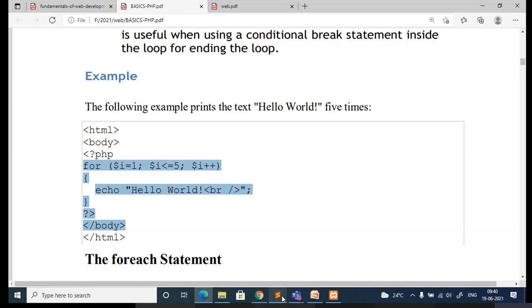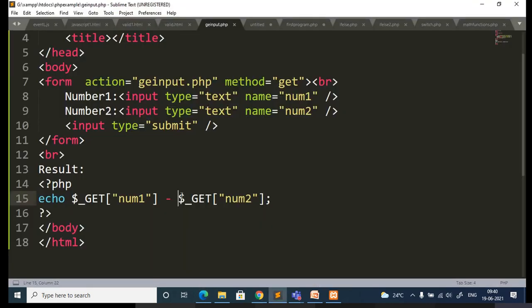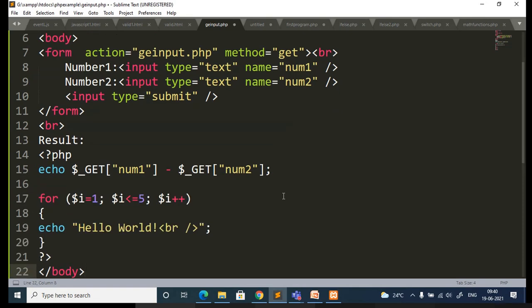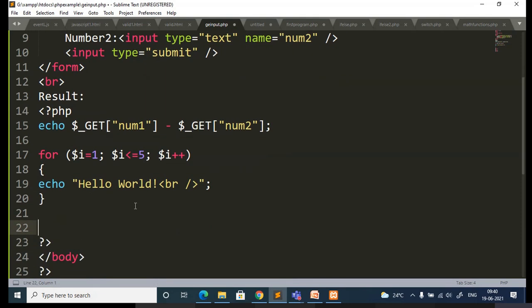This is the for loop, so I don't want to repeat the same thing. You can understand by yourself how the for loop works. When you are writing any code, depending on your logic and the problem, you use it accordingly and specify the conditions. Here I am trying to print hello world 5 times using a for loop.